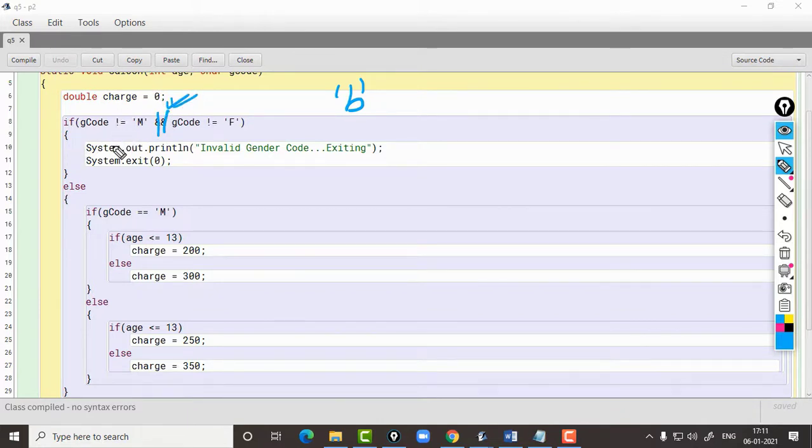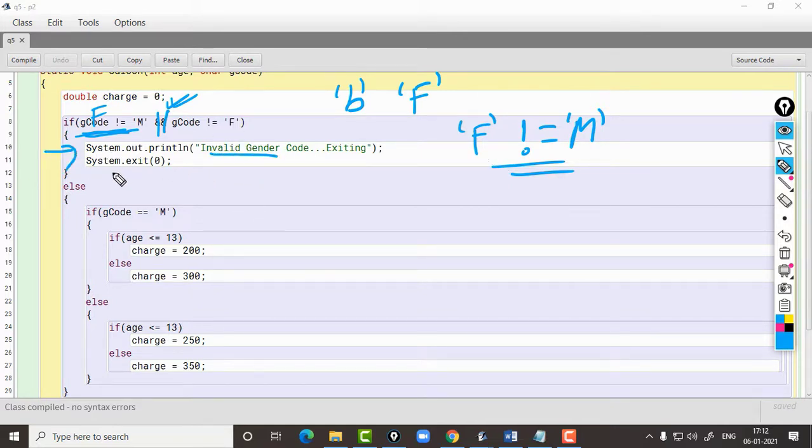But let's say the input I have provided is character F. First this condition will be checked: character F is not equal to character M. The condition is true, control comes inside, prints invalid gender code exiting and the program will exit.